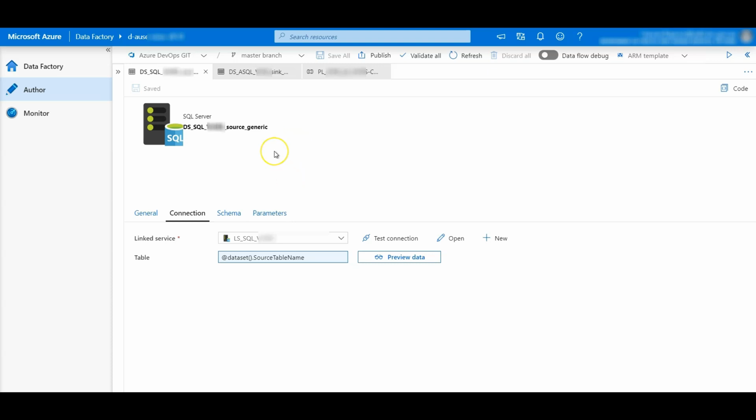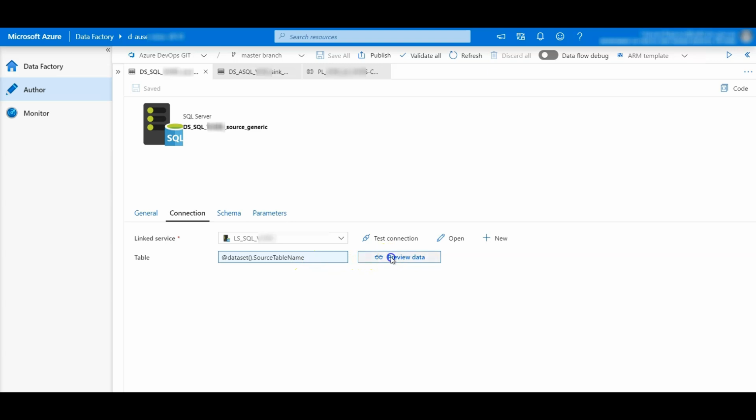As you see on my screen, I have created a generic data set which is connected to SQL Server as the linked service. If you see here in the connection tab, the linked service is defined as my source linked service, whereas the table I have parameterized as @dataset().source table name.